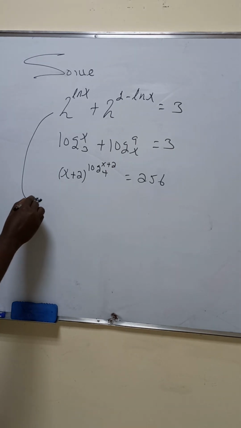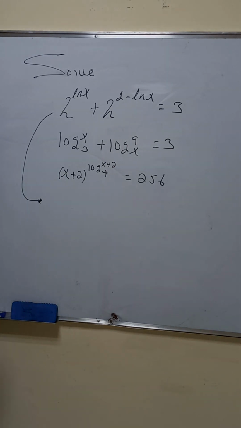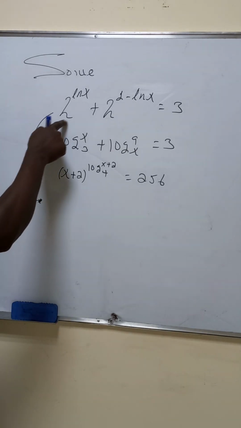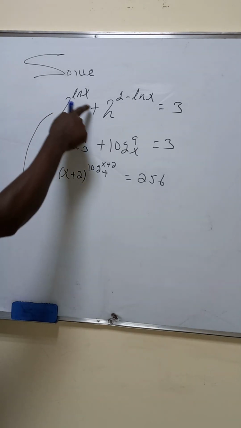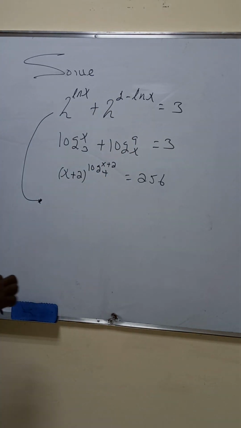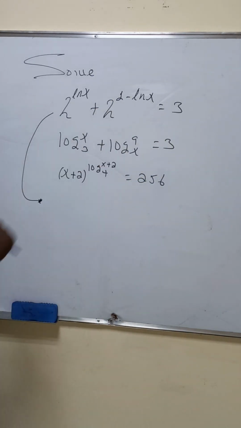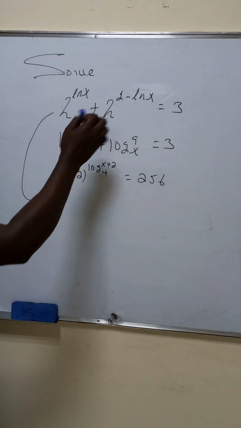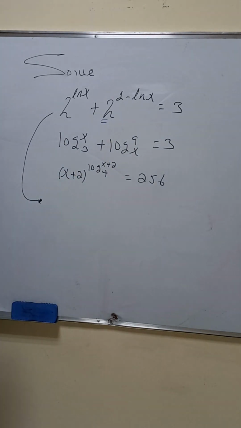ፕሮብለም ሶልቭ ለማድረግ ምን ማድረግ አለብን የሚለውን ቴክኒክ ነግራችኋለሁ በደንብ ተመልከቱ። የመጀመሪያው ቴክኒክ ምንድነው የሚሆነው እዚህ ጋር ለምሳሌ 2 raised ln of x plus 2 raised 1 minus ln of x is equal to 3 ይላል ስለዚህ መጀመሪያ እዚህ ጋር ያለውን the second this algebraic expression በደንብ ዲስክራይብ ማድረግ ያስፈልጋል።